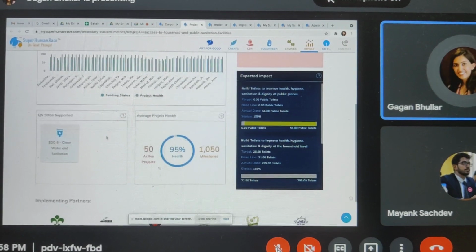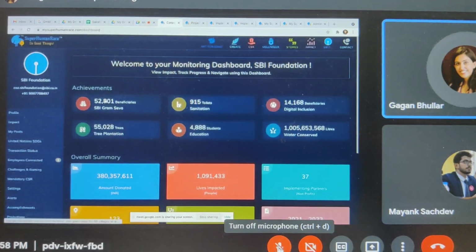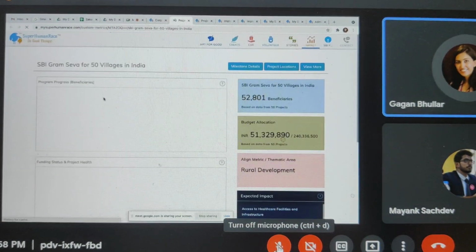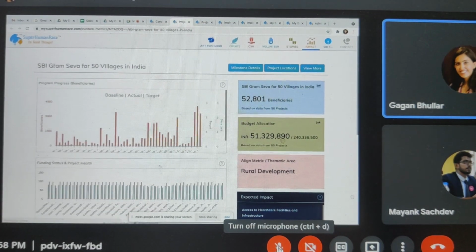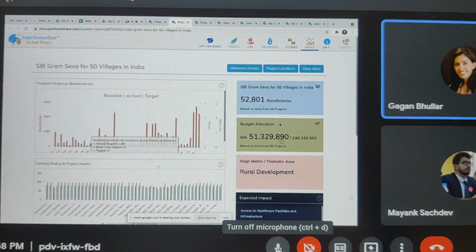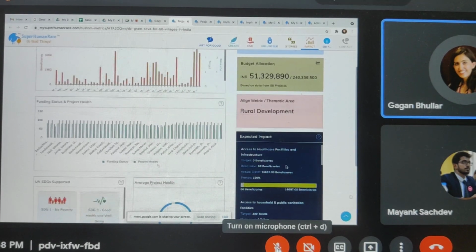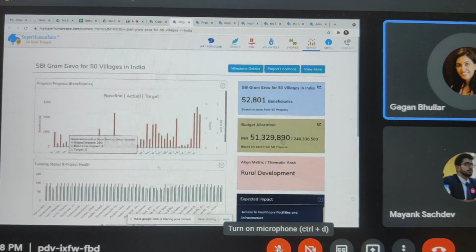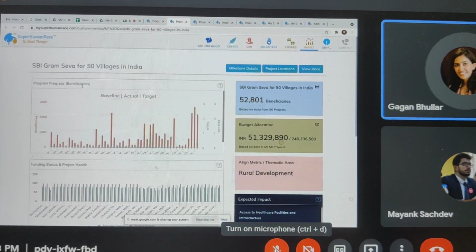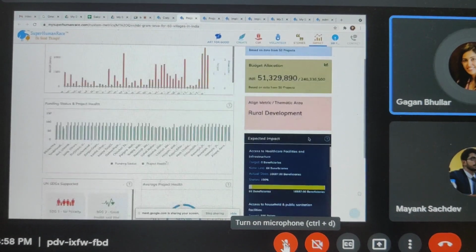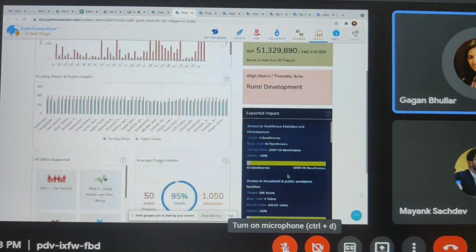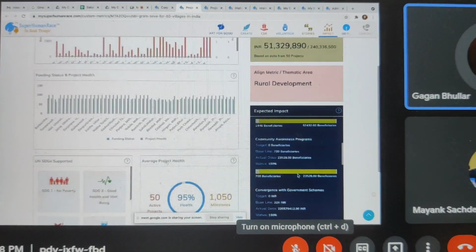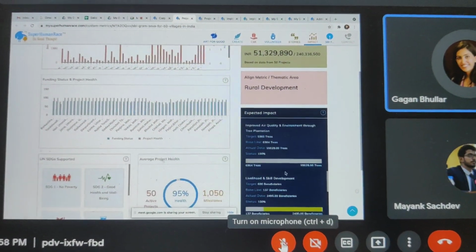And then UN SDGs are mapped here as well. So this mapping is also automated. I think this you'd seen when you were at Honeywell as well. This is the primary metric from which we are getting to all the thematic areas, by the way. So they have one primary metric, which is the Gram Seva project, and they measure this in terms of lives impacted. But under this, they have various thematic areas like healthcare, sanitation, clean and safe drinking water, convergence, digitalization, all of that, right?